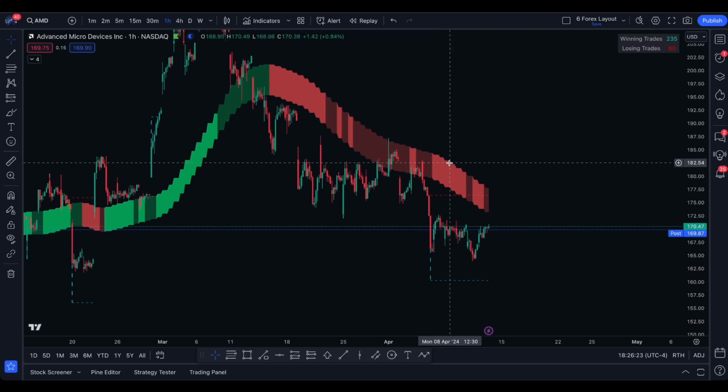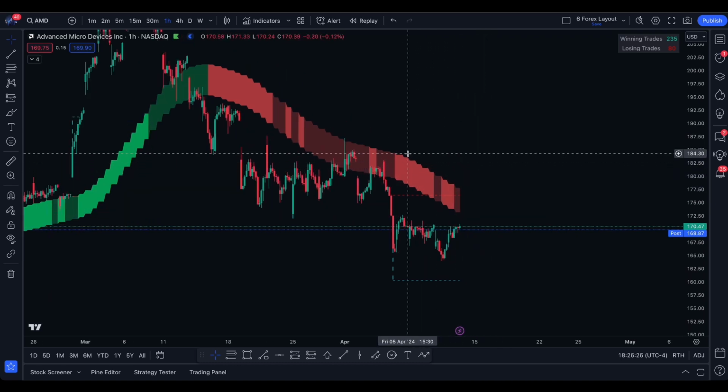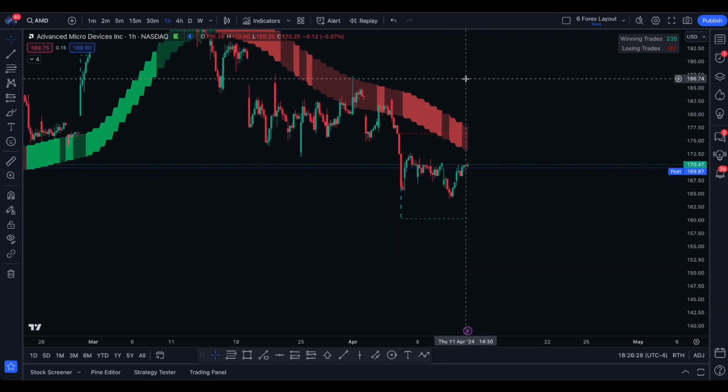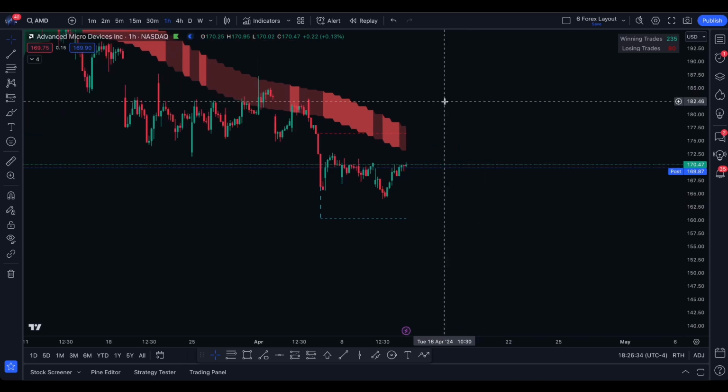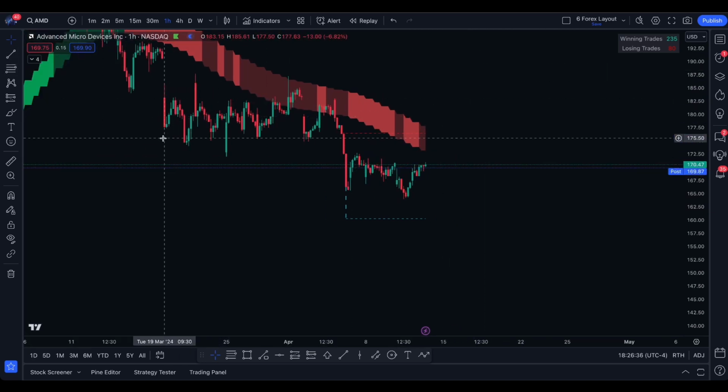We are no longer in this expansion zone, so no longer do we have double red, which is definitely a sign that the selling pressure has subsided. We are still bearish, which is something important to notice though. The other thing is that when we break this support level, which we have right here of about 175, there